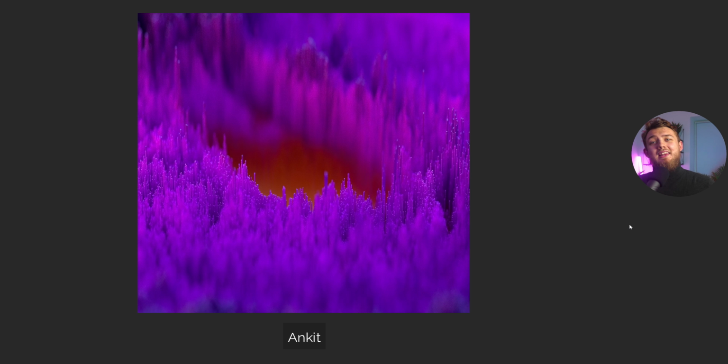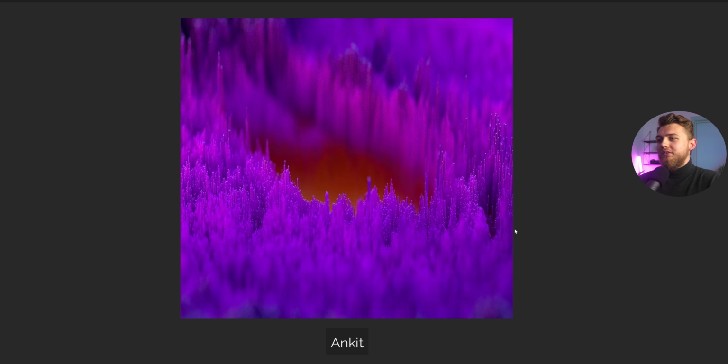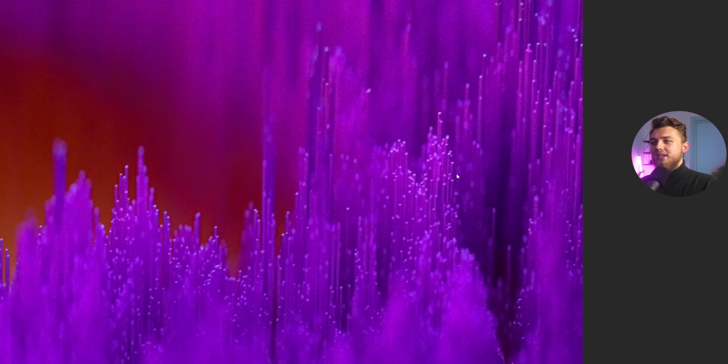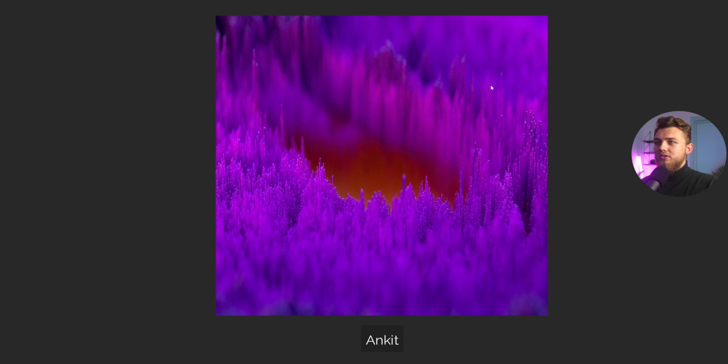So the next guy on the list, and also the last person on the list, because we only got 3 submissions this time, but nonetheless a great submission from Ankit. And Ankit used Cinema 4D and Octane. So he used the Octane scatter to scatter all of these pillars, as you can see here. All of these pillars, he scattered them around the scene, and then he used some displacement or an image to